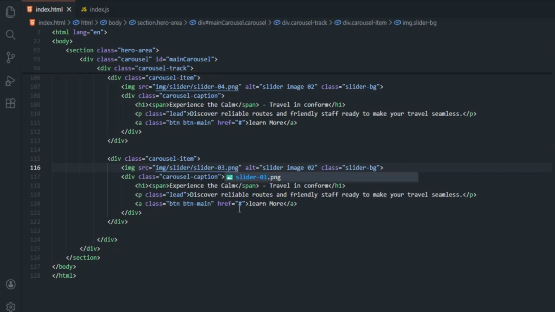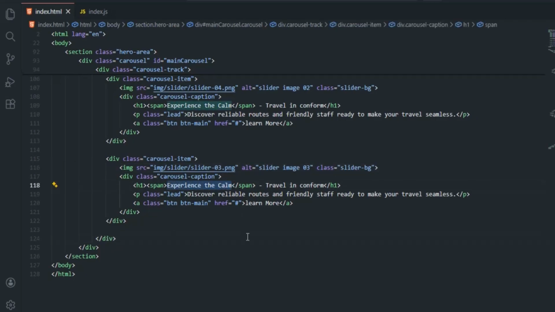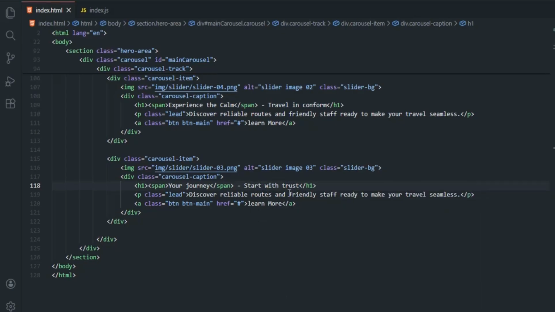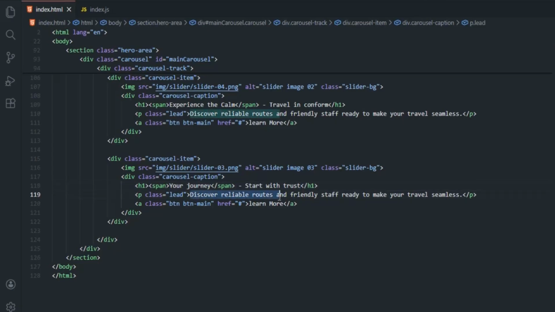And then for the image, we want to type slider image 3 for the alternative text. The class should remain the same. For the H1, we want to provide, your journey starts with trust. And then for the paragraph, we write